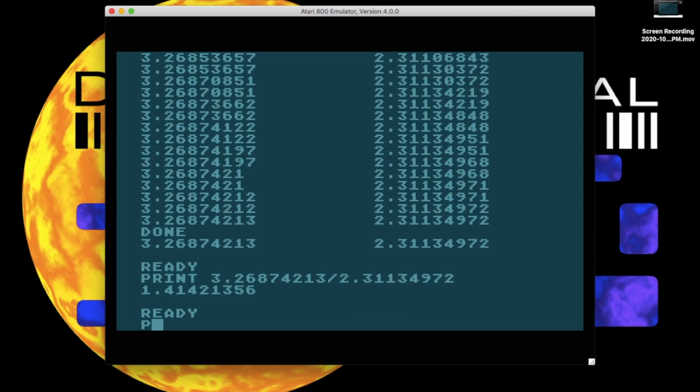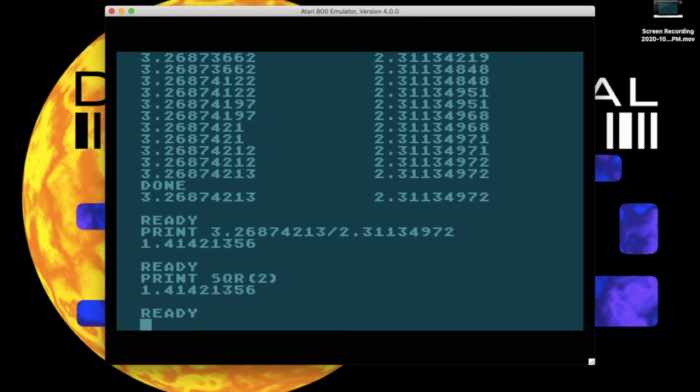Let's print SQR2. Right on the money. So the only thing left is to somehow rationalize it into whole numbers, because I like